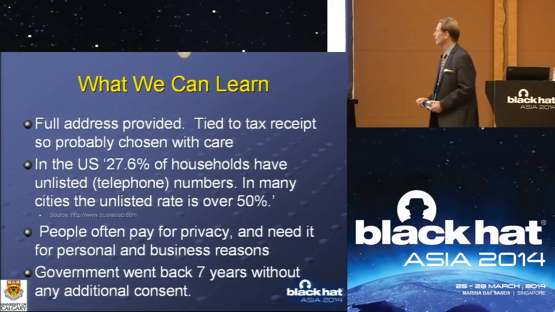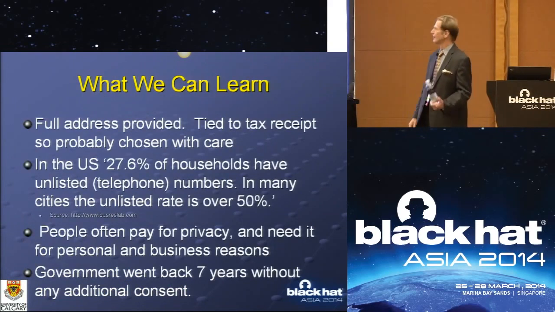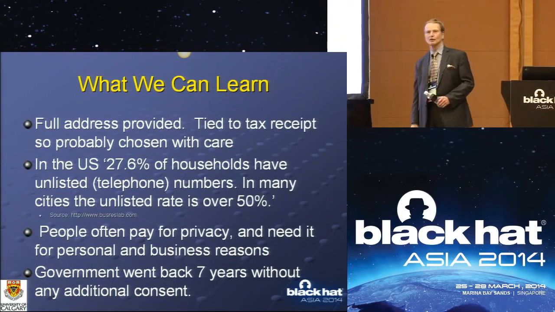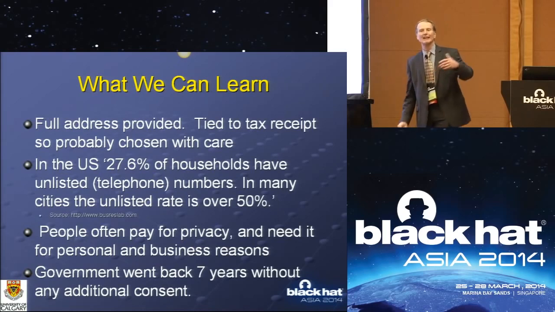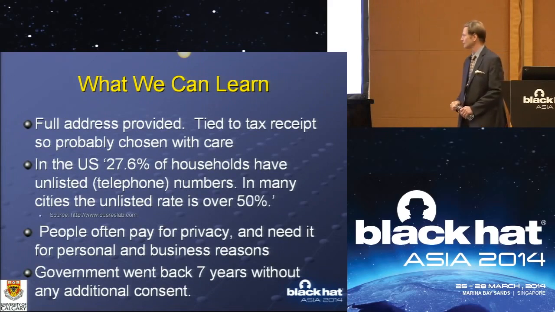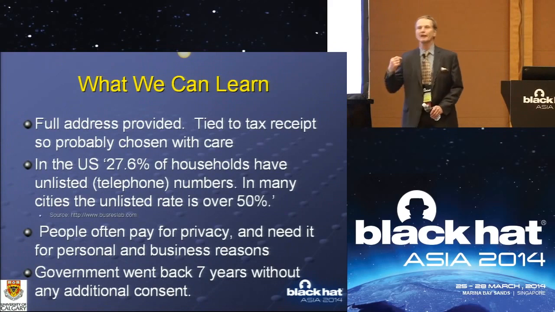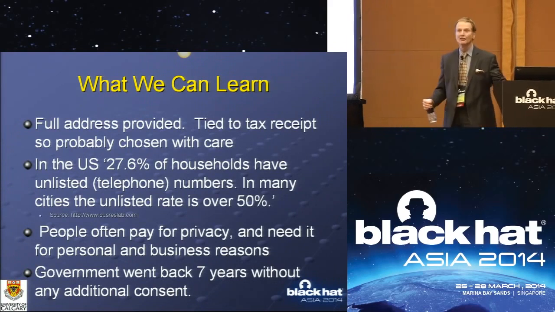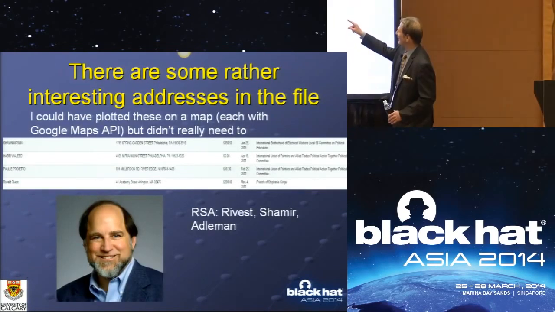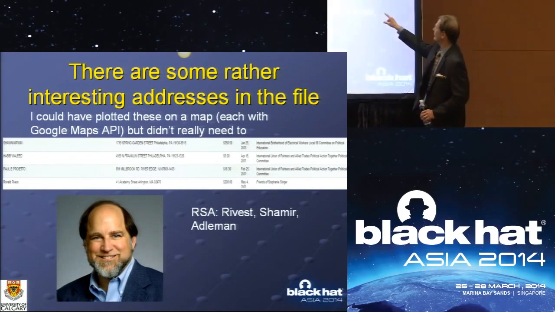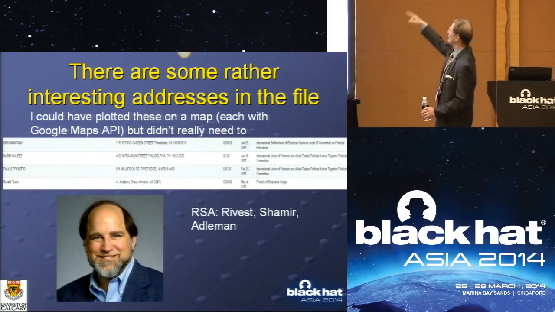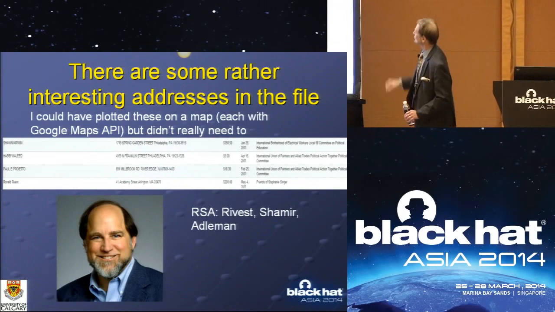Now here's what I found out. First of all, you have to give an address when you make a contribution. A significant number of people in the U.S. have unlisted telephone numbers. They value their privacy. They don't want anybody to know their address or their phone number. In fact, people pay extra to have a phone number that's unlisted. In this case, the Philadelphia government took their last 7 years of contributions and put them out on the internet in this kind of format. You had the name, Hab Walid, you had the address, you had the amount. Hab only gave $5, and you had something about where the contribution was made or who it was made to.